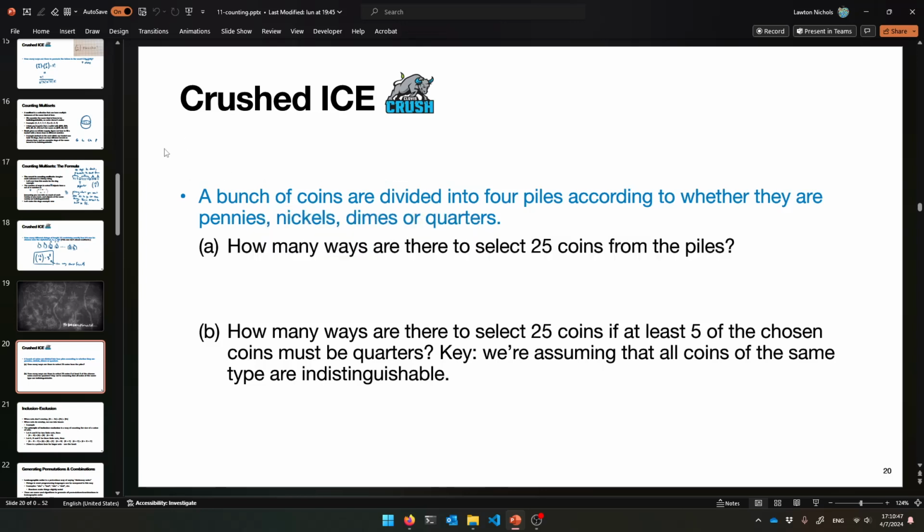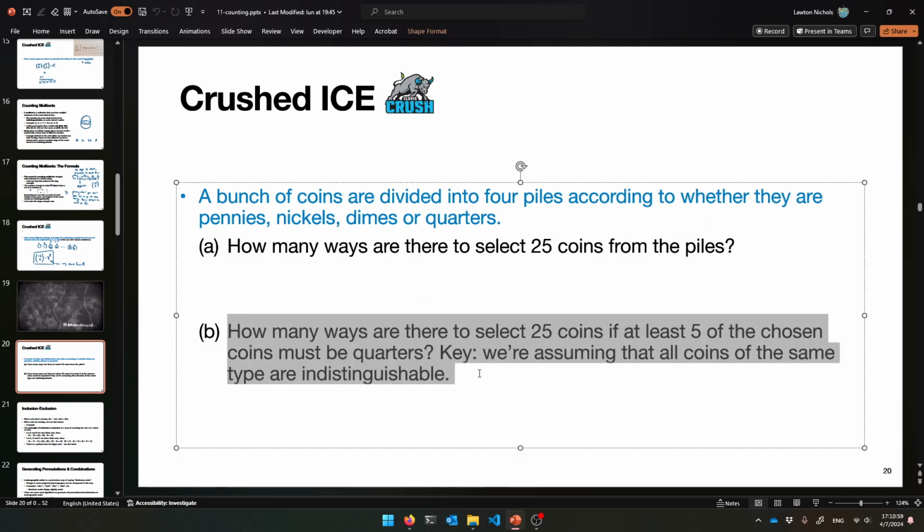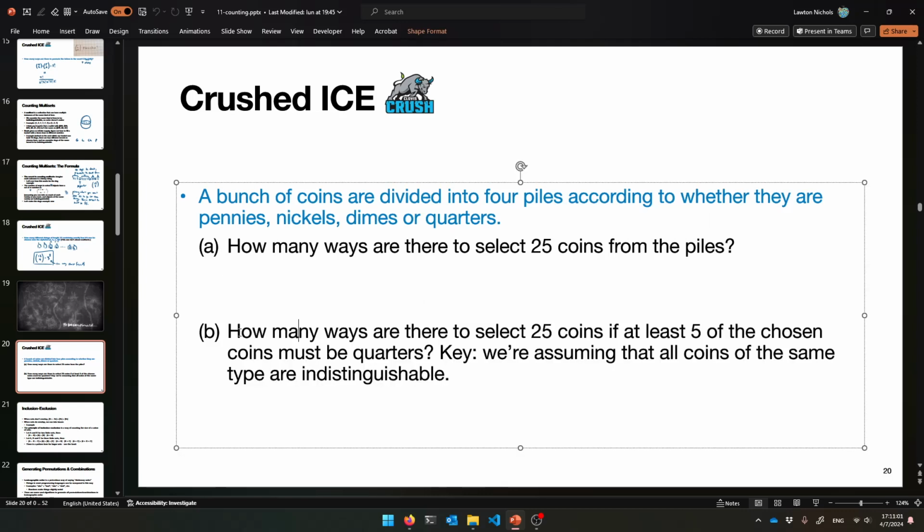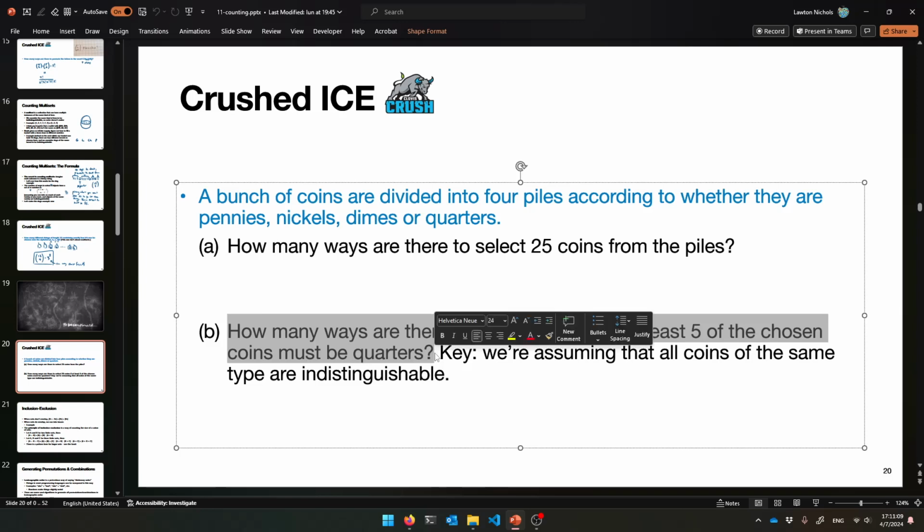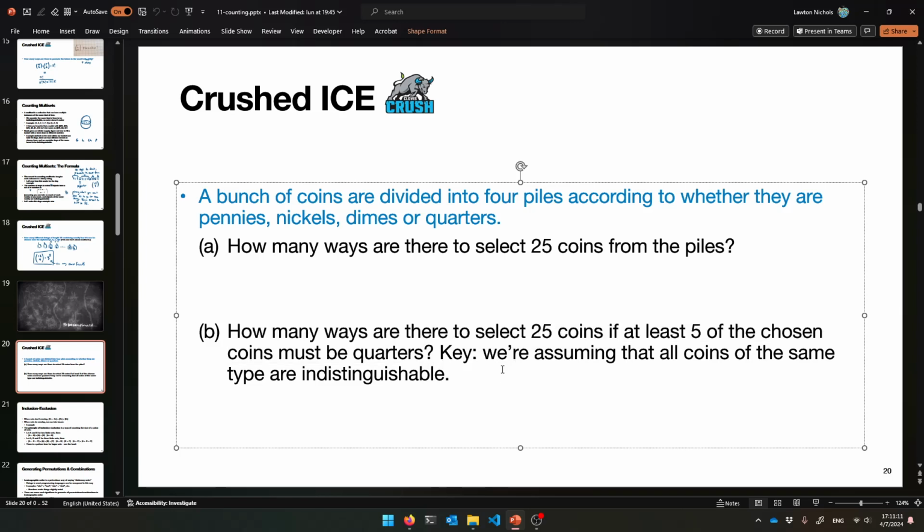Let's say that you can get as much as you need, right? You have infinitely many coins in each pile, at least 25 of each. Okay, so how many ways are there to select that many from the piles? And then here's a follow-up question. The first answer is going to help. How many ways are there to select 25 coins if at least 5 of them must be quarters? If at least 5 must be quarters, what does that tell you about what you need to be